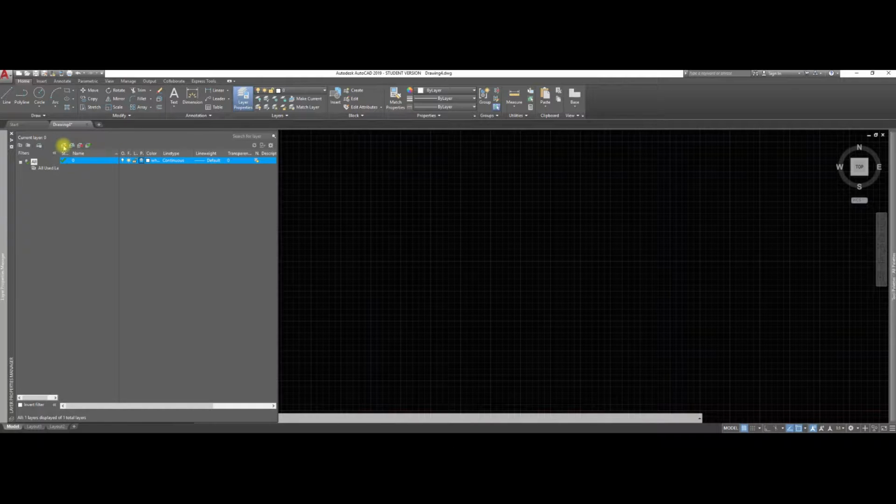So to begin, let's create a new layer, and we'll call this one Def Points. Def Points is an AutoCAD layer that has one special property of being a non-plot layer. Def Points